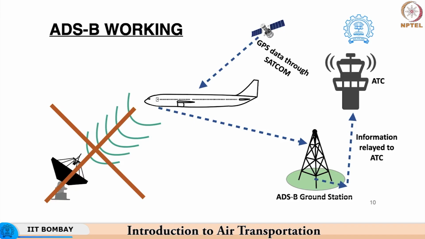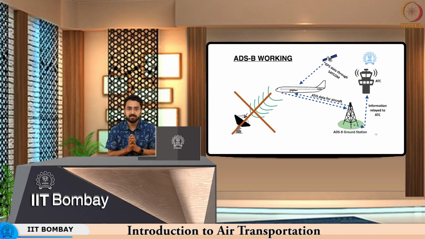More in addition to this service, the ADS-B ground station can also transmit back ATIS information to the aircraft. So, when we are talking of ATIS information, which is a short form for automatic terminal information service, it basically includes data associated with the weather conditions prevailing at the aircraft. So, based on this, the overall flight planning can be carried out, and hence it is a very important tool to carry out navigation in the current scenario.